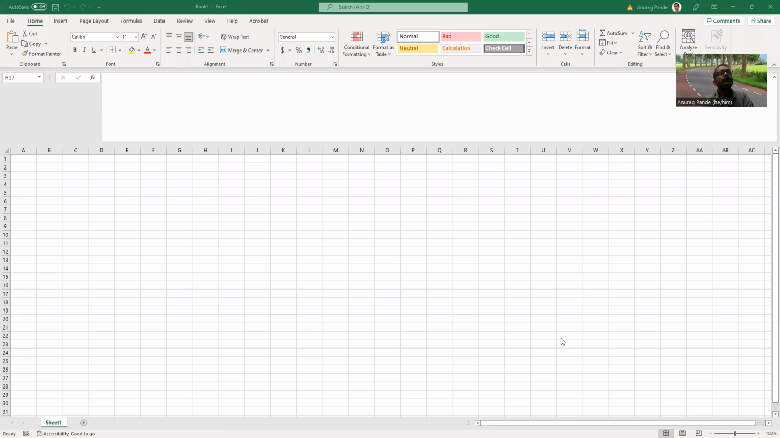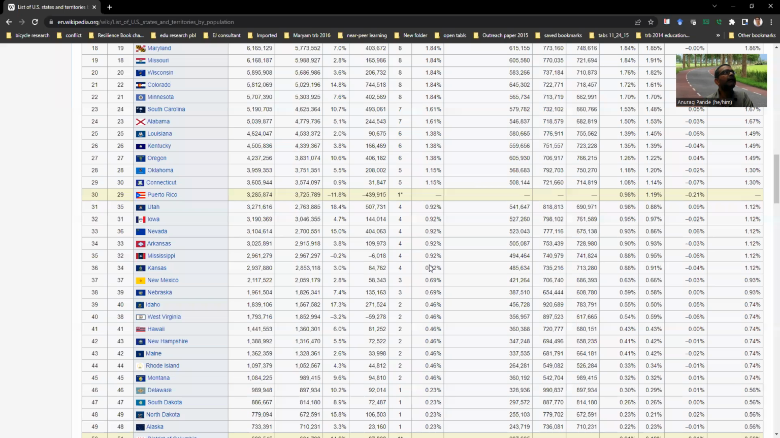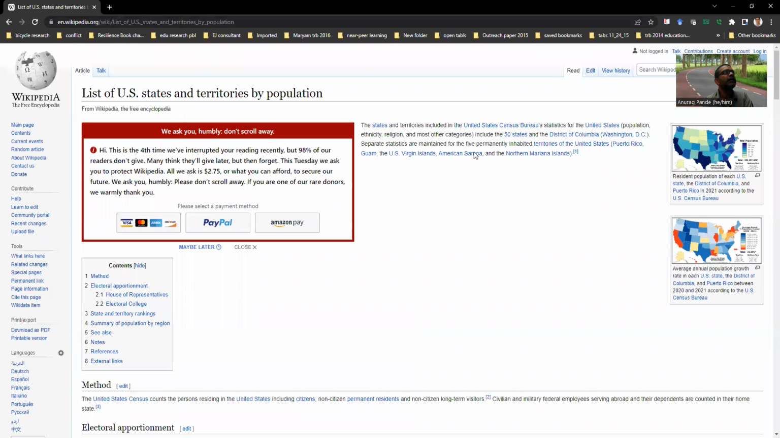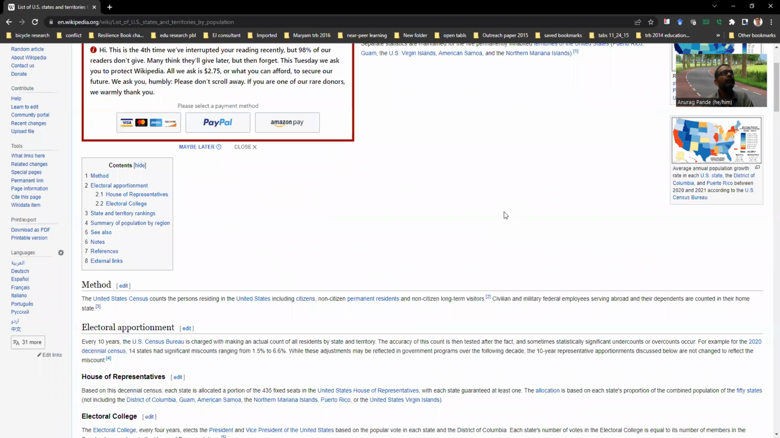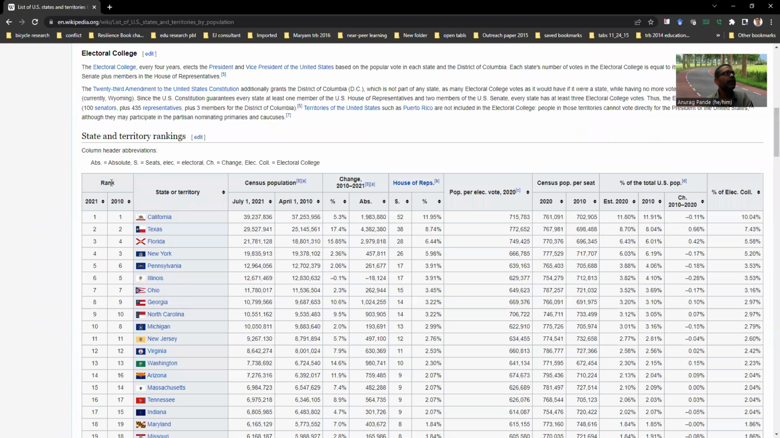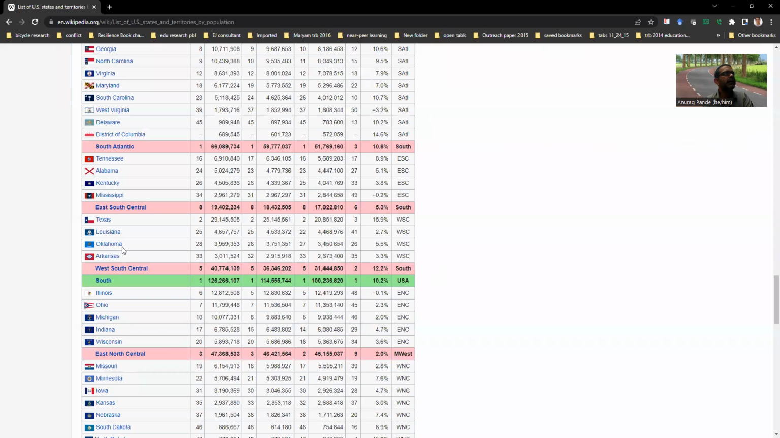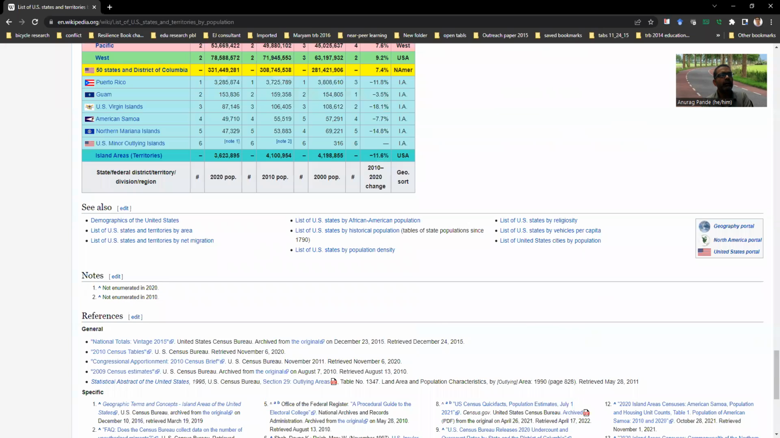Let me go ahead and share my screen. So this is my Excel file. Let's say this is the Wikipedia page for US states and territories by population. And let's say if I want to copy this data and this data onto an Excel file, all I need